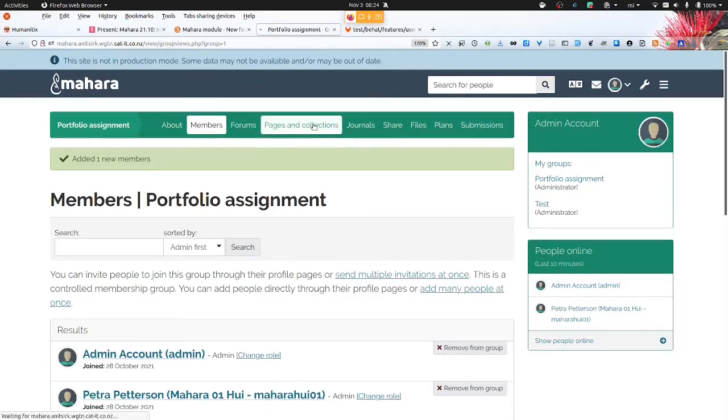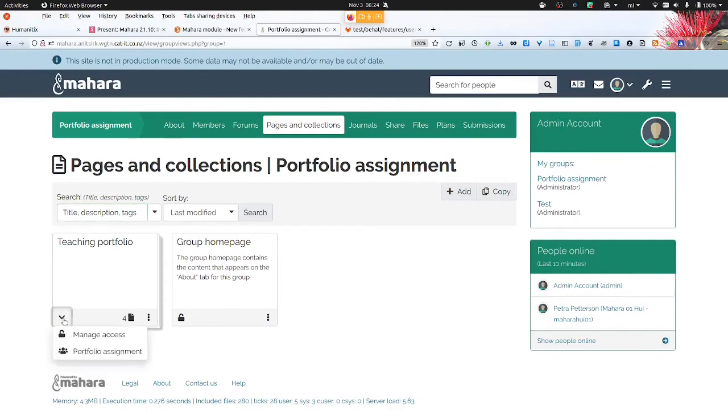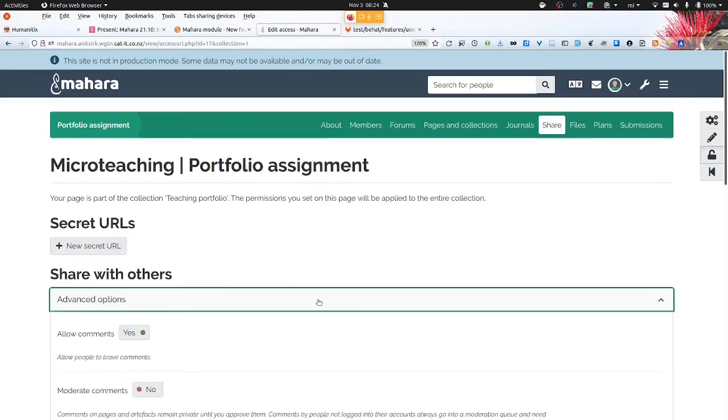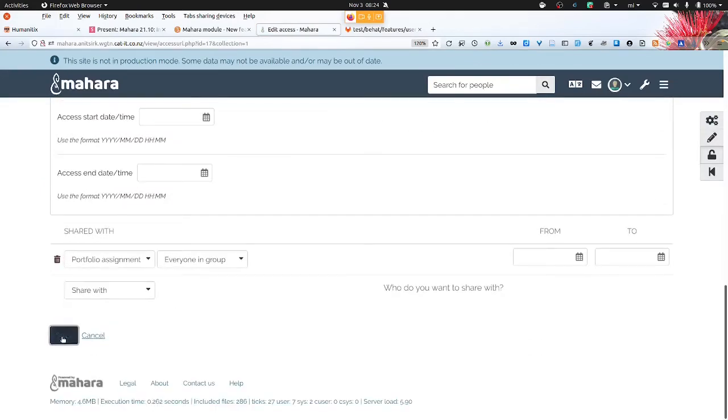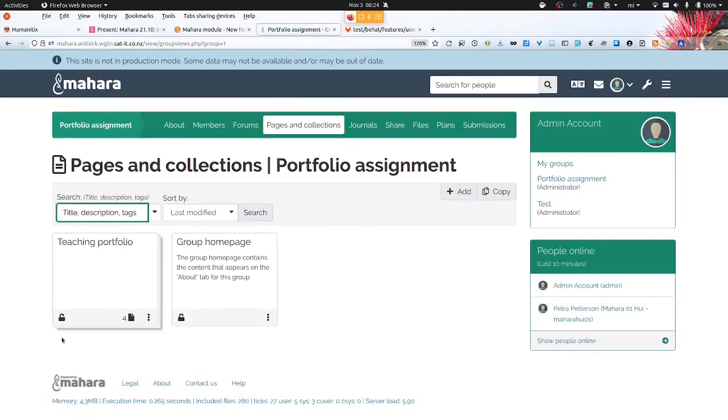And so what I can now do is share that portfolio with all group members and automatically also copy it into the accounts. That copying functionality has already been in Mahara for a while.